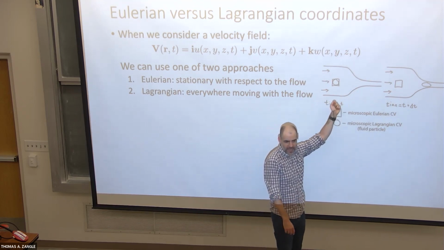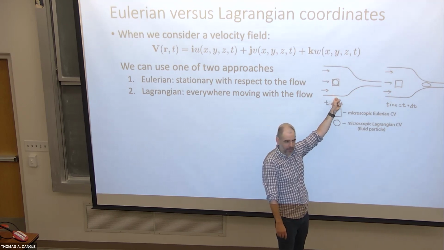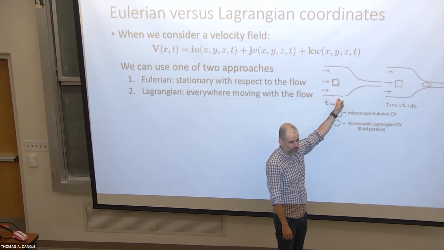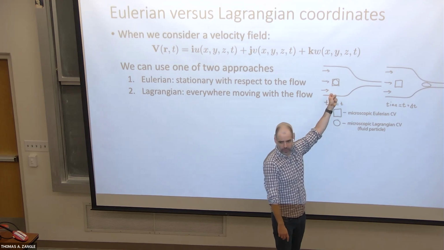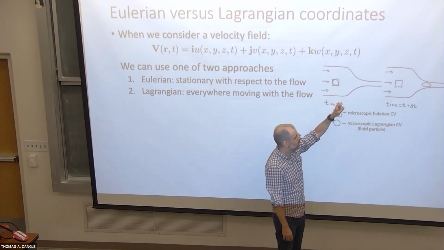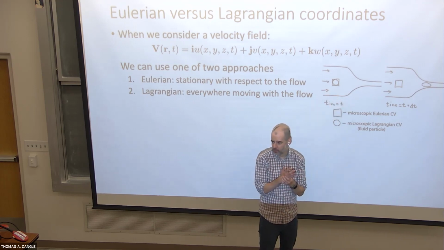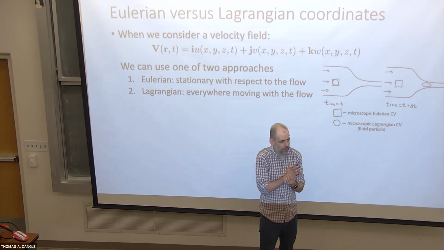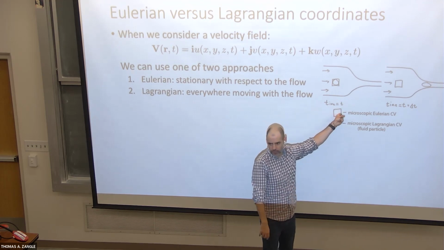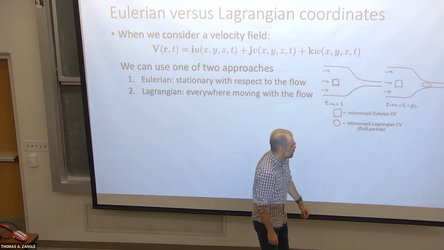Sometimes we call this the lab reference frame. If we imagine that we have this as an experiment in a lab, the lab is not moving relative to the surface of the earth. And so an Eulerian control volume has a fixed reference frame relative to the lab. This is the natural way that we tend to think about flows, and what we discussed in chapter 3, where we were considering Eulerian control volumes that were just fixed in space.